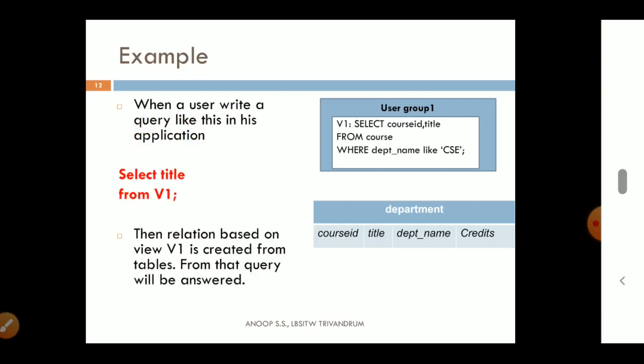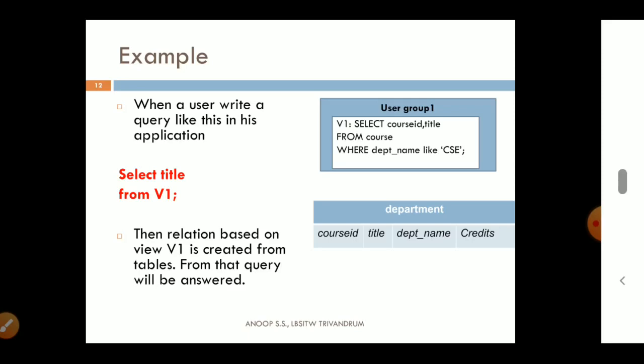So in their student application, the select query will be select title from v1. Actually from their console they will need to write a query like select title from v1, or in their application they need to write the select query like this. Only the table name specified will be the view name.